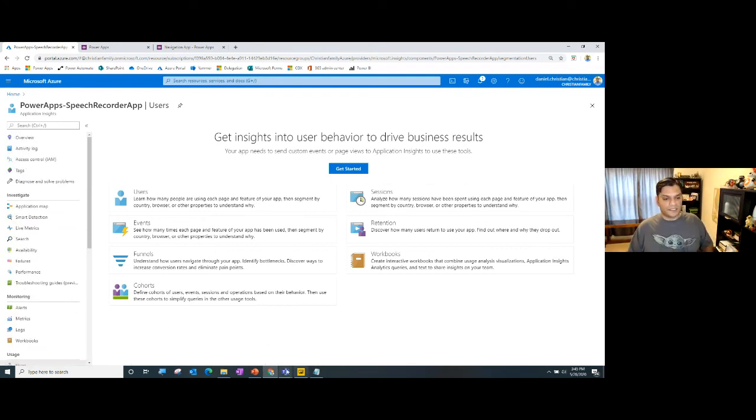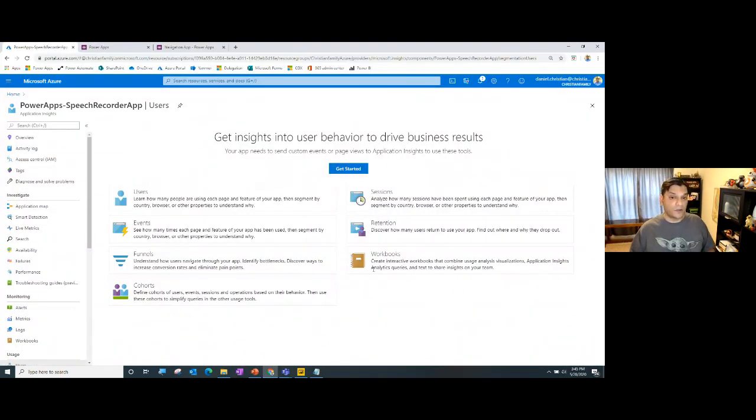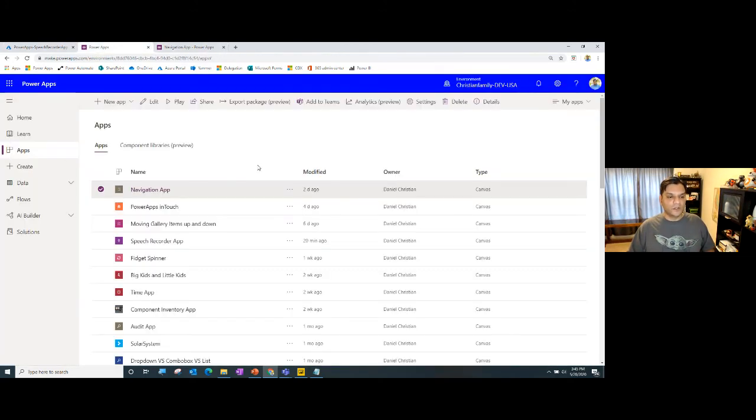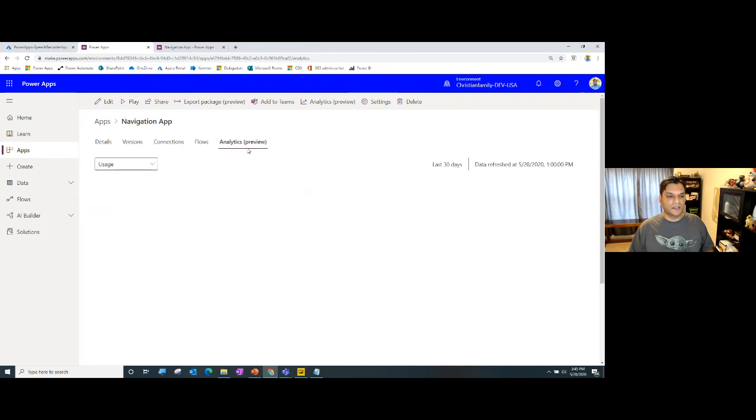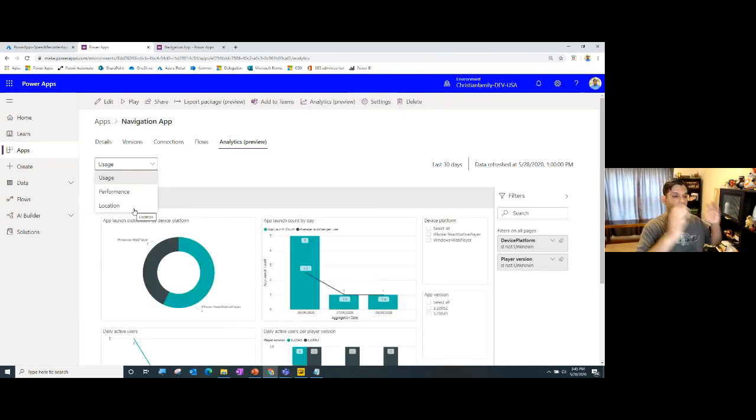So just as a recap, what we did today was we showed two things: that Power Apps out of the box has great analytics functionality. It gives you the capability to select the app, click on the analytics over here, and look at it at these three different levels: usage, performance, and location. Remember, the location was a bit hit and miss because it was pointing to a location where I'm actually not located. But when I showed you the example of the Azure Analytics, it was a spot right down to the city area where I was living and how many times I used it.